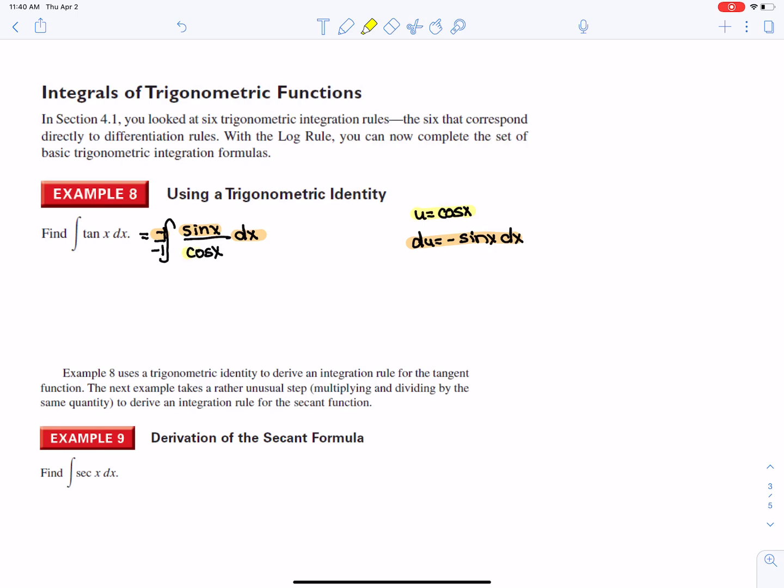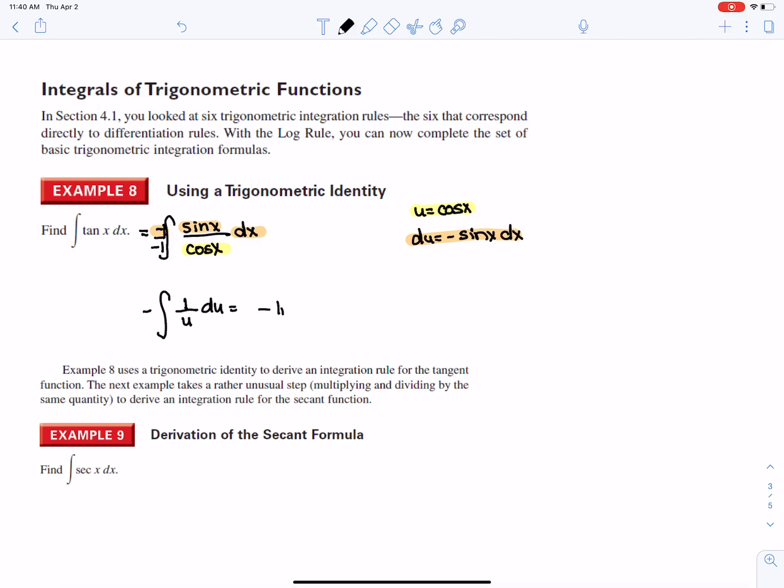My u term is cos x, and the other negative is just floating on the outside, so negative 1 over u du. And again, you're going to notice that the majority of this lesson turns into the ln formula, which is what we're working on. Ln of u plus c with the negative out front, so negative ln of cos x plus c would be